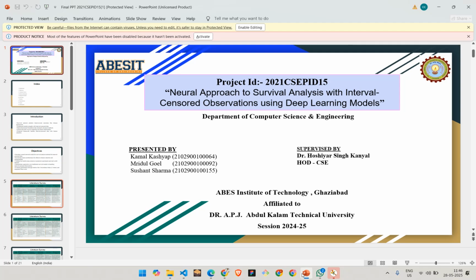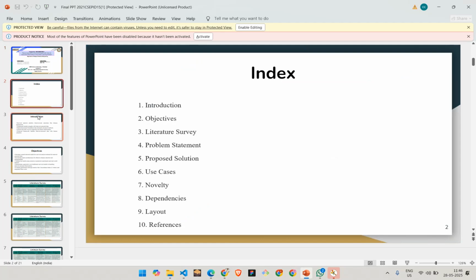So I'm presenting my project, which is titled Neural Approach to Survival Analysis with Interval-Censored Observation using Deep Learning Models. So starting with the need and use of this project